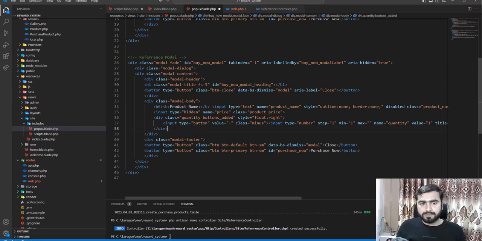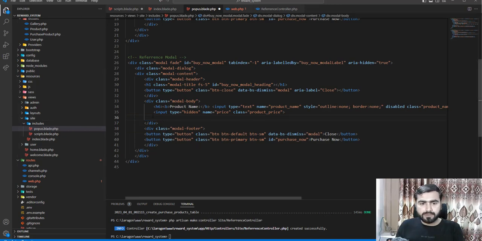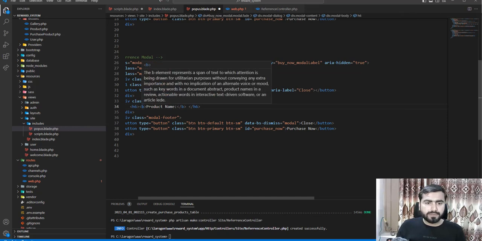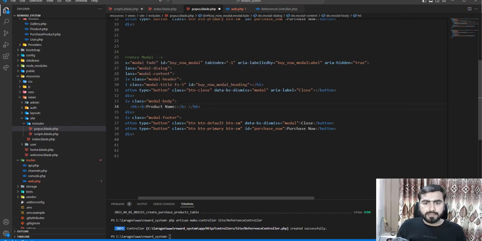Remove this value from there, remove this hidden property from there, so remove this product label, simply add this, so we can add this at the top here, right? Refer to user,